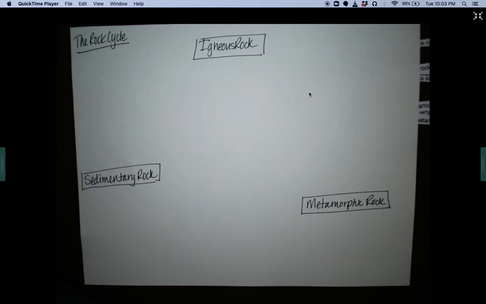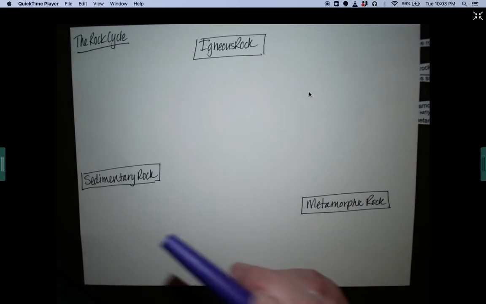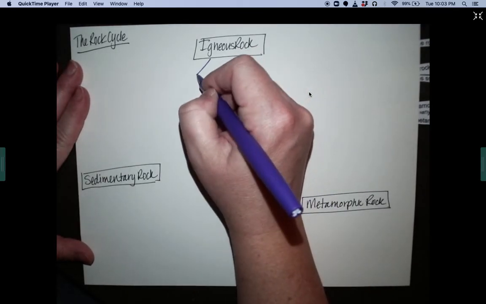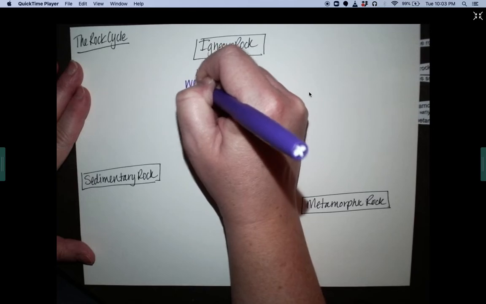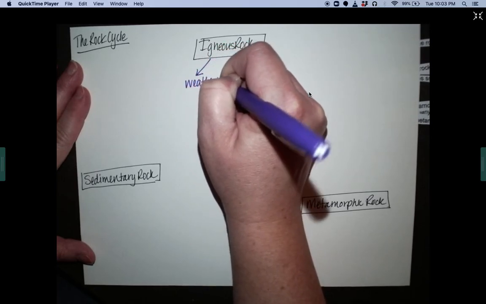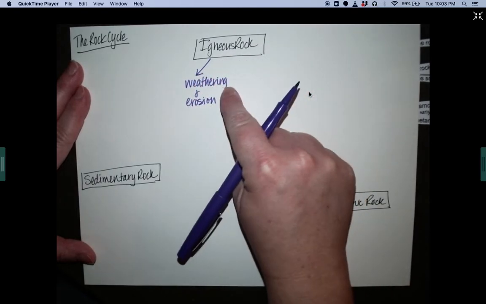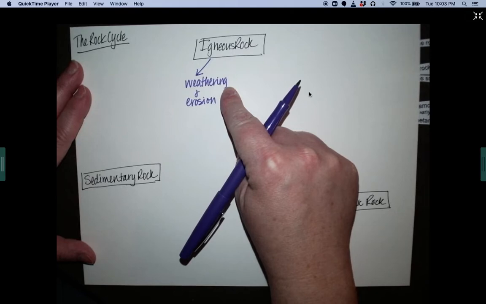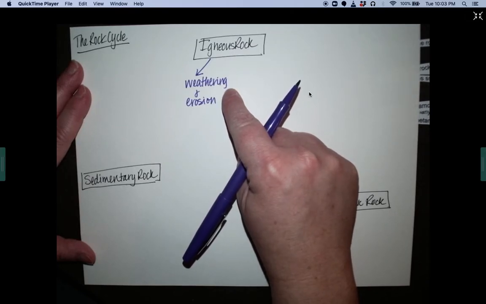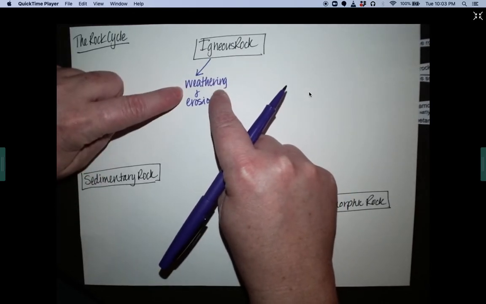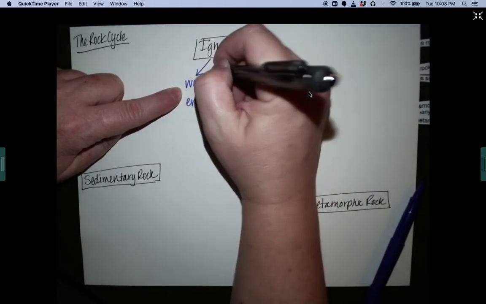Okay, so if I'm looking at igneous rock, and an igneous rock has either been dug up or it's been exposed to the surface, what is going to happen to that rock as it is exposed to air? It is going to go through the process of weathering and erosion. Now, they are different. Weathering is going to have to do with wind or air and water. This is going to break down a larger rock into smaller pieces. So weathering is breaking down, I'll add that on here, breaking down